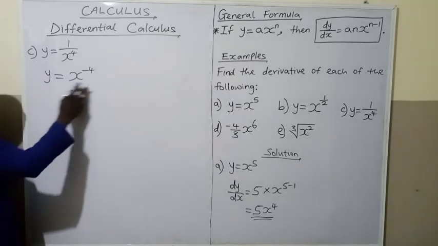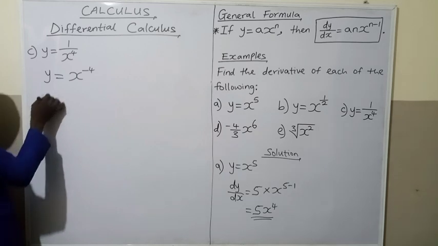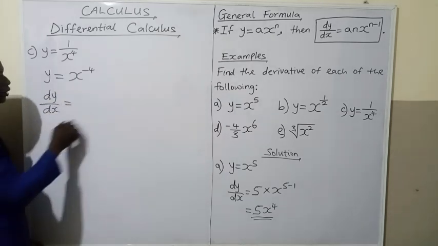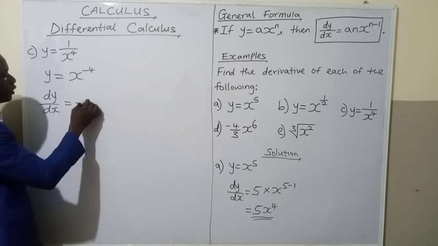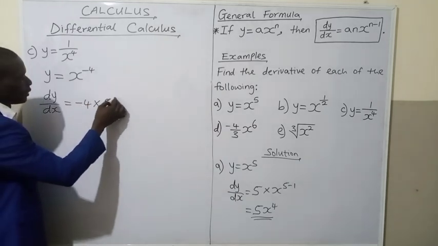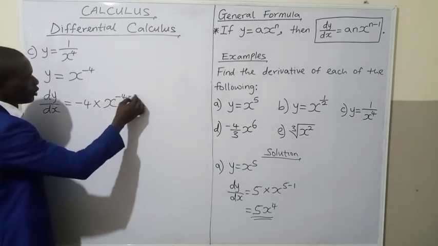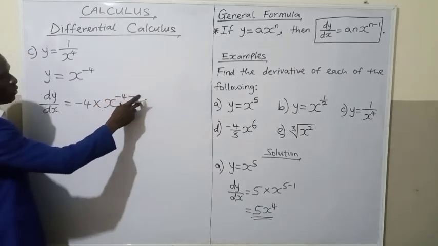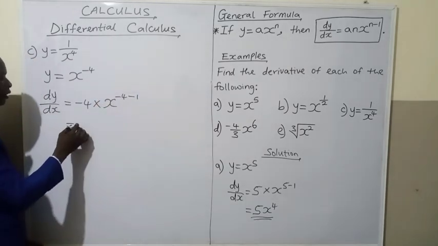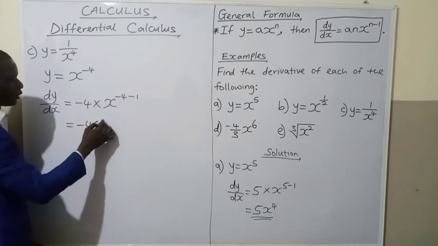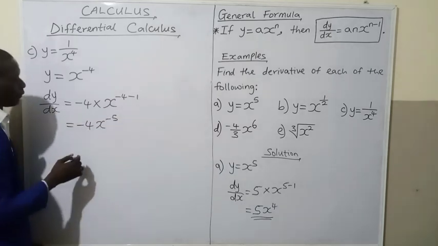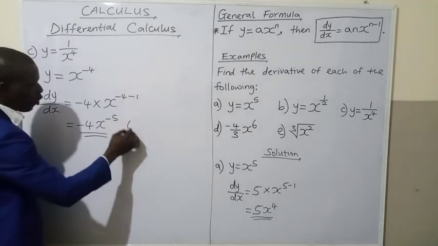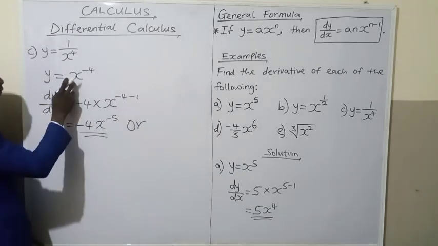So when we have y equals x raised to the power minus 4, what's going to be dy by dx? So dy by dx is going to be equal to negative 4, which is the power, comes to multiply x raised to the power negative 4, and then we subtract what? 1. Remember, from the power of the index, we need to remove 1, just as we have it there. So that becomes minus 4 x raised to the power minus 5 for dy by dx. So your solution can be left like this,